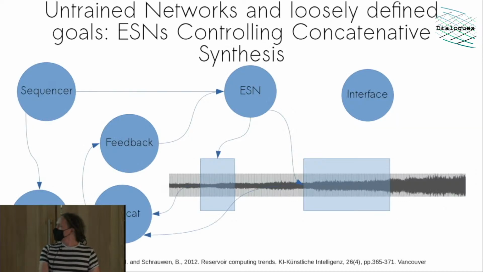So these networks come from Jaeger, who's also done some other stuff that I've based some work on. This is a system that I was using as part of Algorave performances, probably 2012-13, using these networks to control concatenative synthesis. The idea was that the audio signal would go into an echo state network, and then this echo state network would control sources, sections of a corpus,